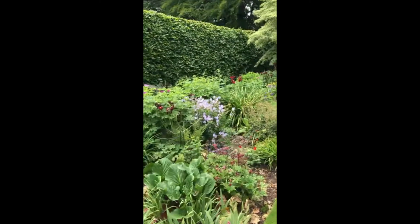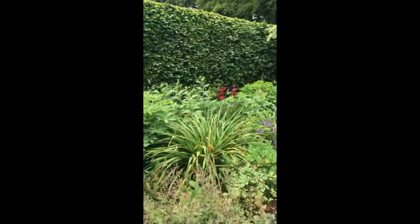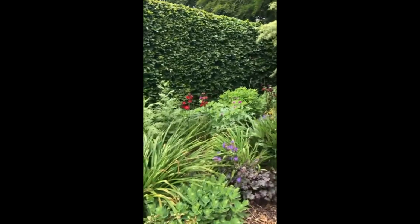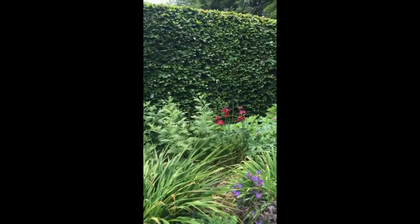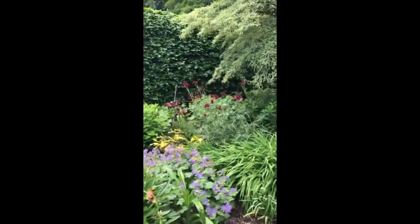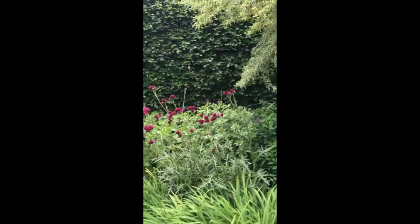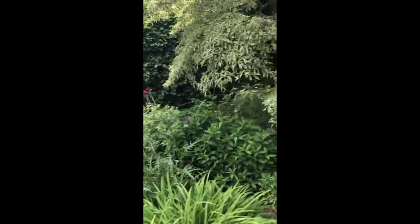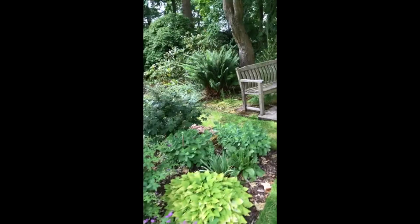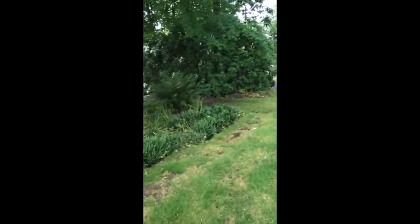As we walk down to the end of the border, the oriental poppies, Beauty of Livermere, flowered much better than usual in the warm sunshine last month. There's a nice cirsium looking at its best, and the mood changes from the sunnier herbaceous border as we walk